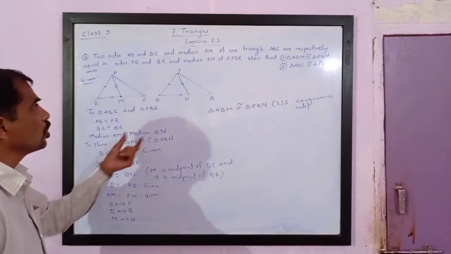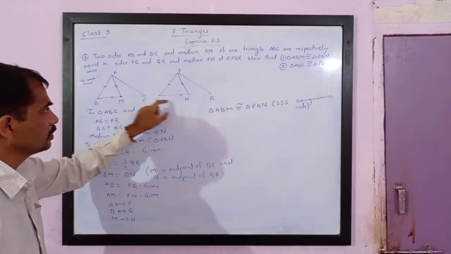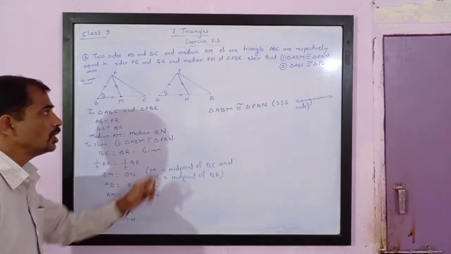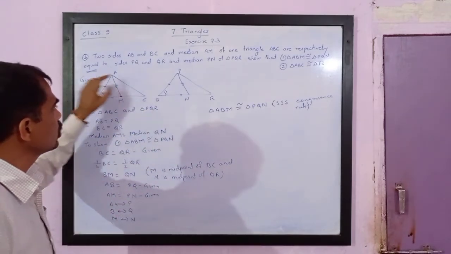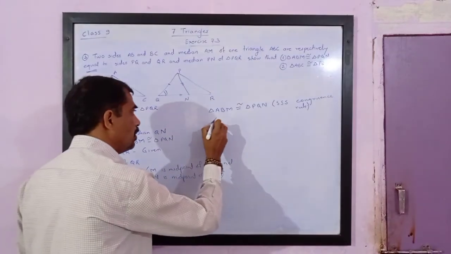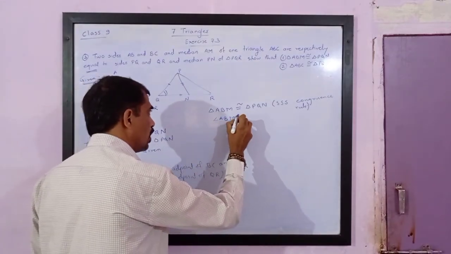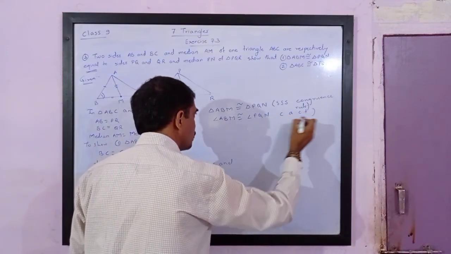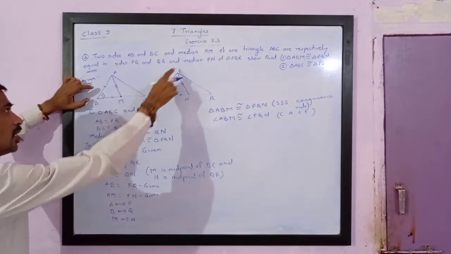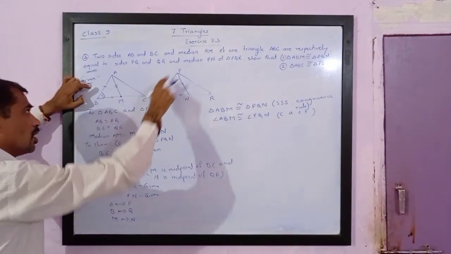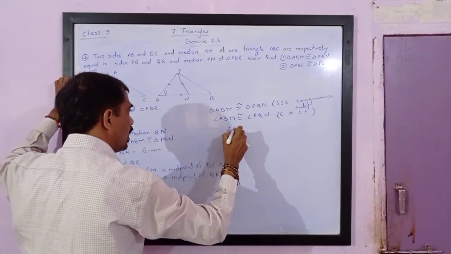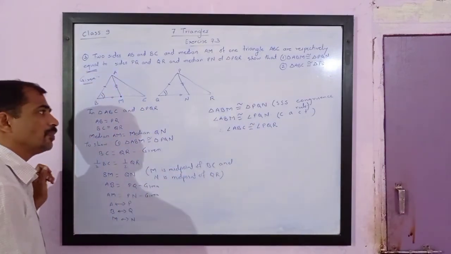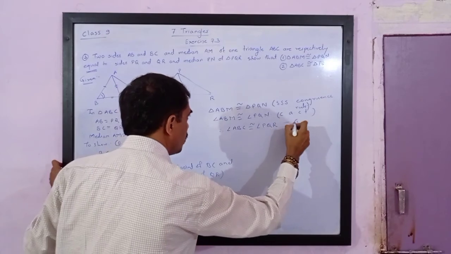Now, the second part is we have to show triangle ABC is congruent to triangle PQR. In order to show this, we will need this angle congruent. So, please note, if ABM is congruent to PQN, I can say that angle ABM is congruent to angle PQN. Reason is they are corresponding angles of congruent triangles. Therefore, angle ABC is congruent to angle PQR. Now let us give a number to this result, number one.